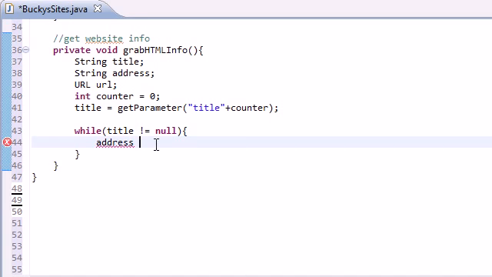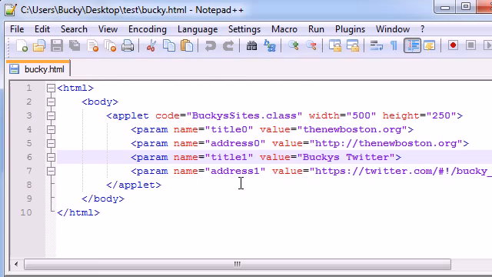So address equals getParameter address plus counter. So the very first time that this loops through, let's see what address0 is. Since our counter is at 0 on the first loop, it's going to store the value of http thenewboston.org